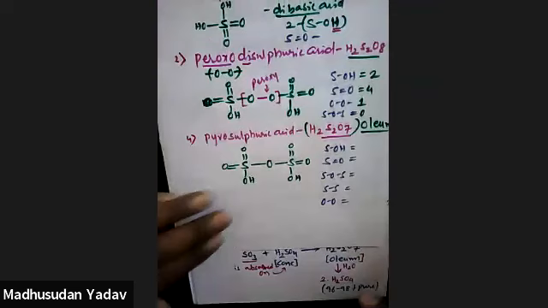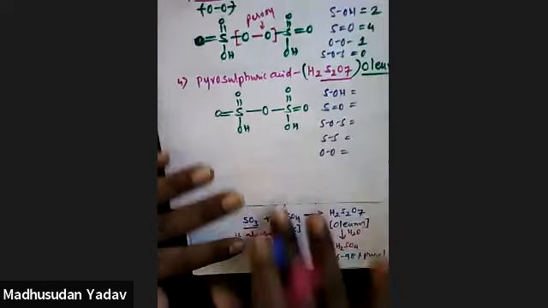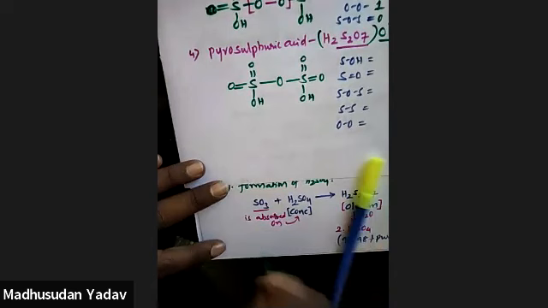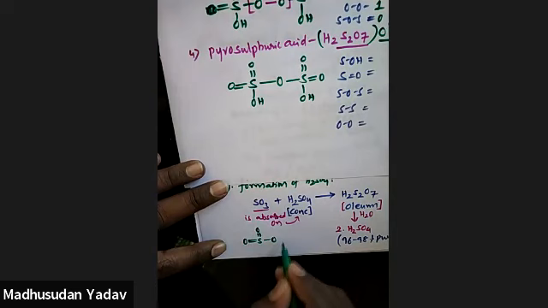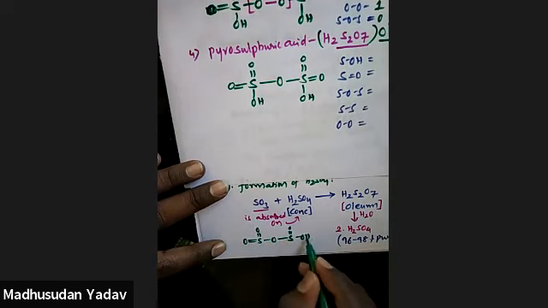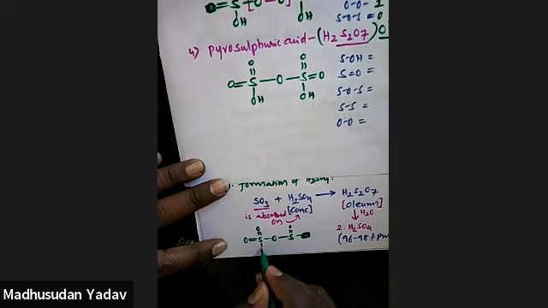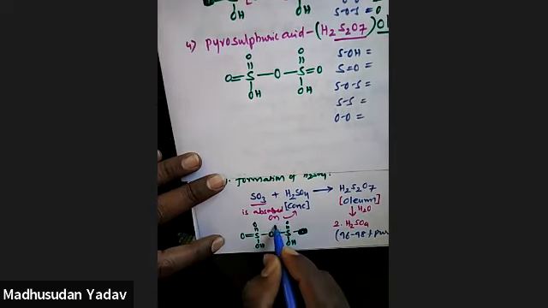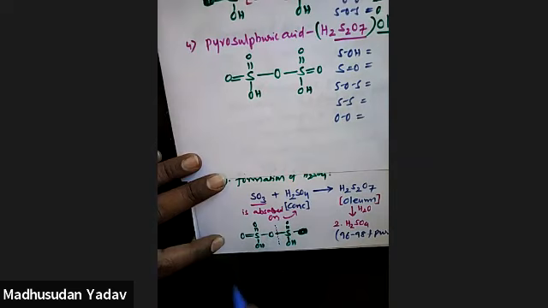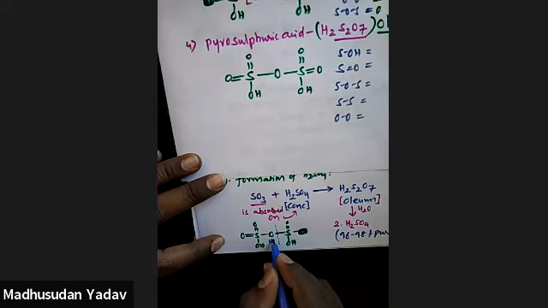So the reason, how H2S2O7, look at this. I'll write the structure here only. By using water, you are doing hydrolysis, right? So you will get 2 moles of sulfuric acid, I said, right? So use water and break this sulfur oxygen bond. Either side you can break, no problem. Here oxygen is already there. So O minus, H plus. This side H plus is attached on this side and OH minus this side.